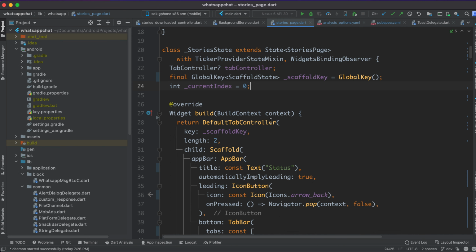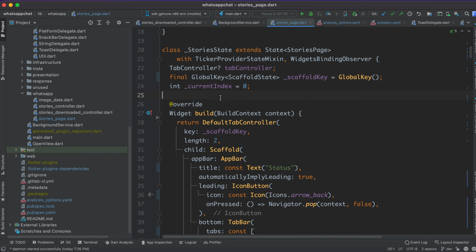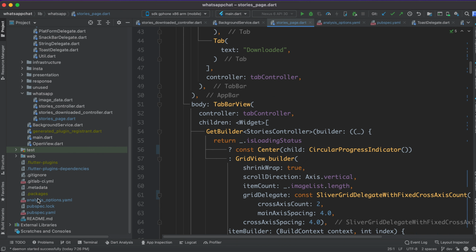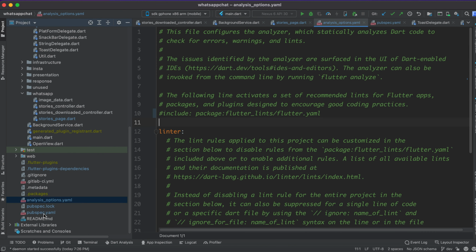For that purpose we can use a package that is provided by Flutter. I have already tried it, but I'll show you an example. Whenever you create a new Android project, this file will not come. If you use the skeleton template, then it will come, which I will explain later.